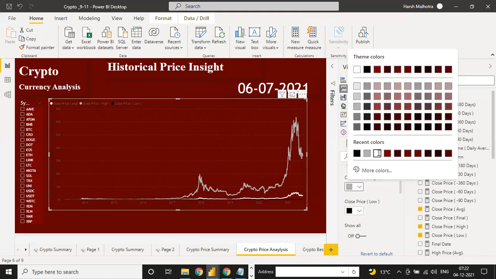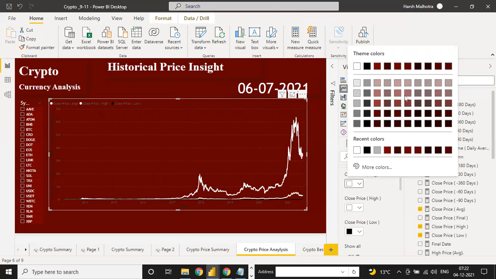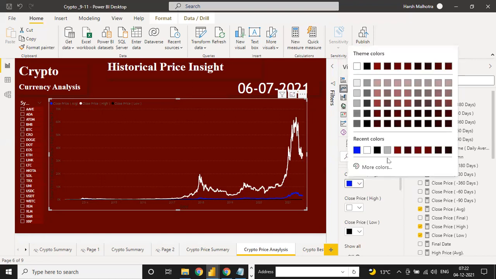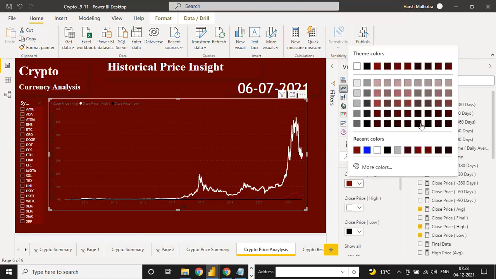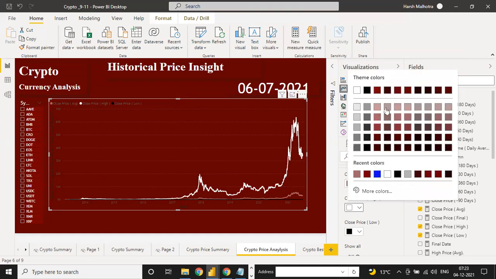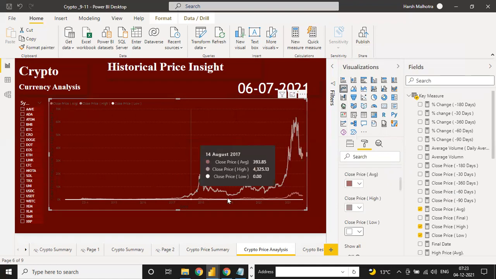Otherwise you can change the high to a little bit of white, or you can change to any other color if you want. You can change this to blue also, but blue is not okay. This one is not okay. Light color is also okay. Yeah, light color is also okay. High means this light color. Yeah, now it's good. So in this way you can make your color-wise changes.